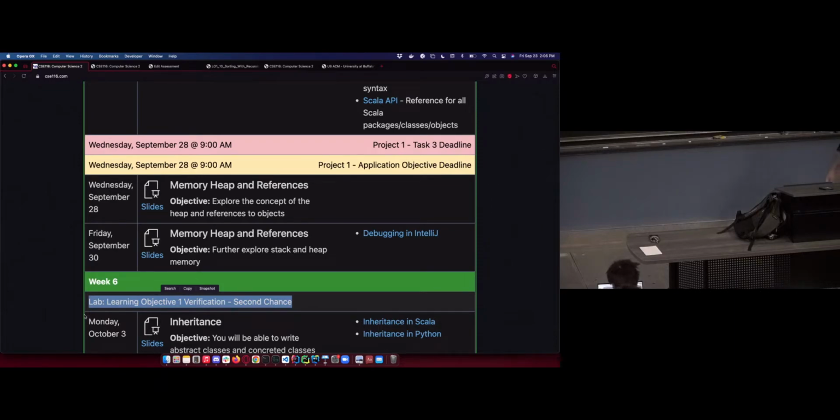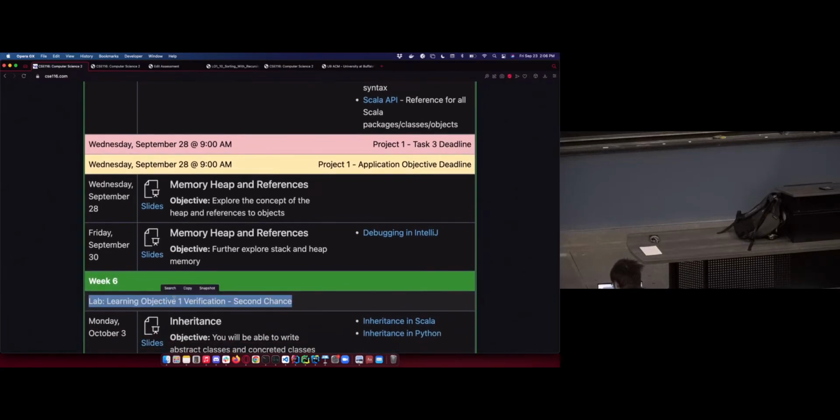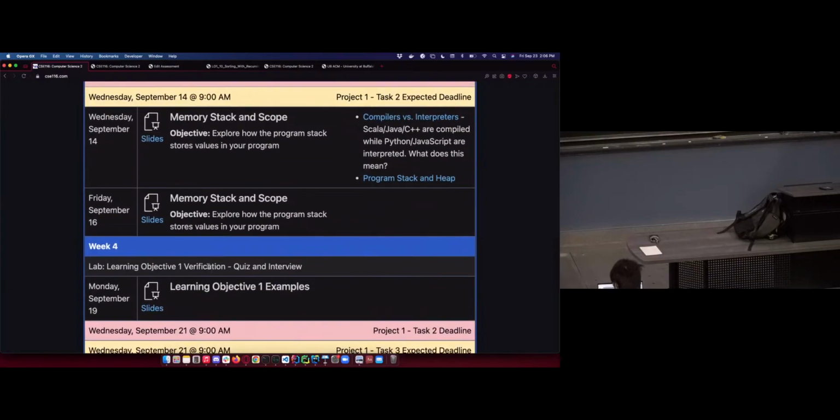There's no reason to take the quiz twice. Or for extra practice, if you take it for extra practice, just don't submit it. That would be fine. But yeah, so that's what's up for lab. Nobody's going to take the quiz twice, though. One student out of hundreds, thousands. Nobody's going to do that, right? So the next 2 weeks of lab, if you pass the quiz and interview, no reason to go to